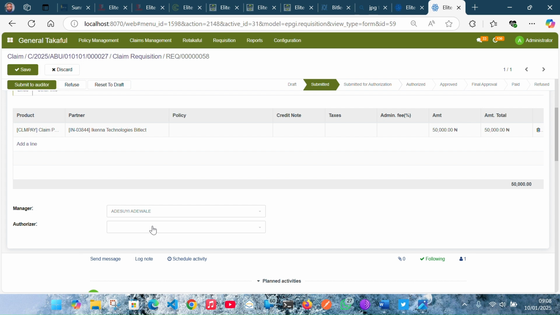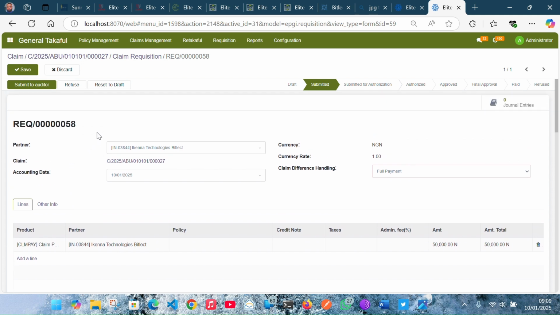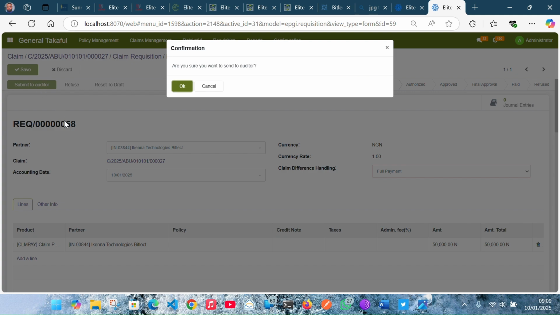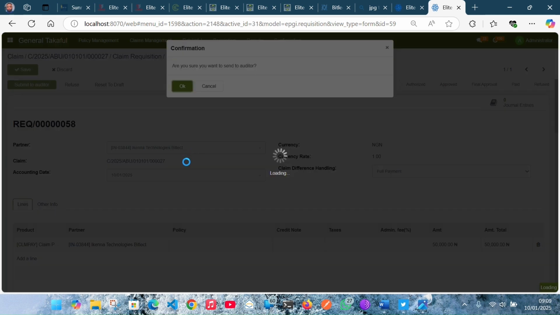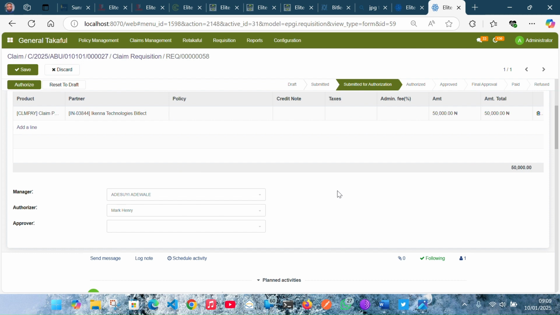Once the manager has approved, they will submit to the auditor. In this case, the auditor, I will select it as the authorizer. I will choose another name, even though I can proceed to approve, but I still have to indicate whom the emails will be sent to. And then I will click on submit. Once I'm satisfied. If I'm not satisfied as the auditor, I can decide to reject and refuse it. Now this has been sent to the authorizer, and